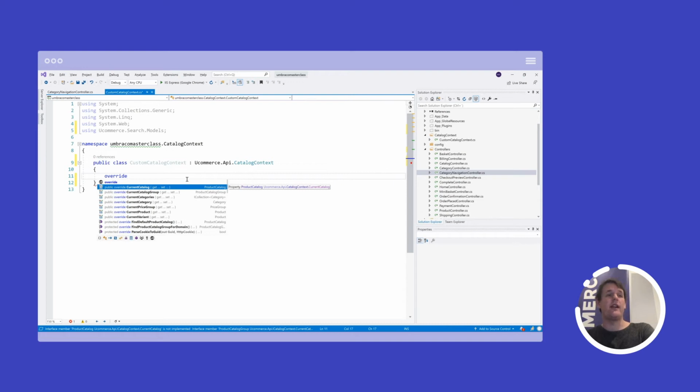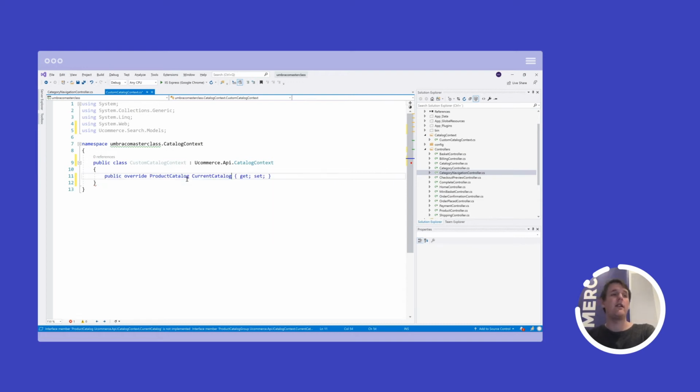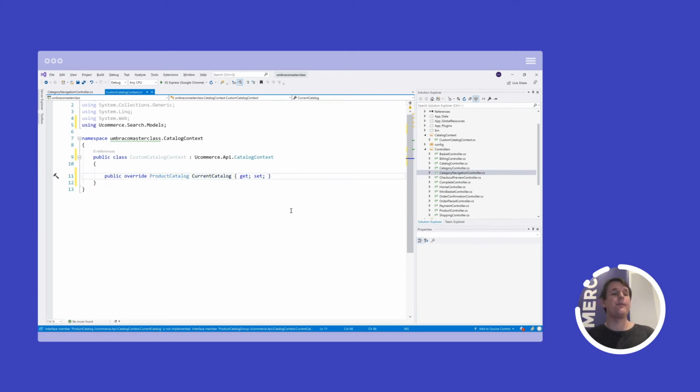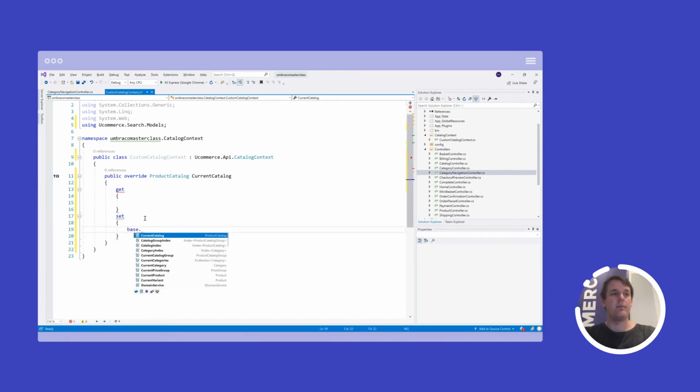You can just say, okay, I just want to override current catalog. So let's just override that instead, so I don't have to care about the rest. In this case, the getter here is the one that I want to override. I also need to use the setter. In this case, I just want to say base.CurrentCatalog equals value.